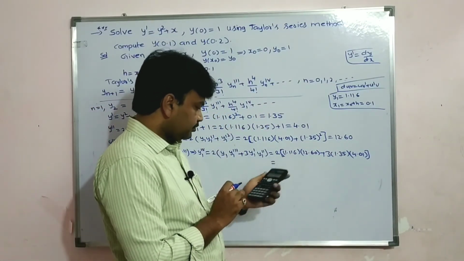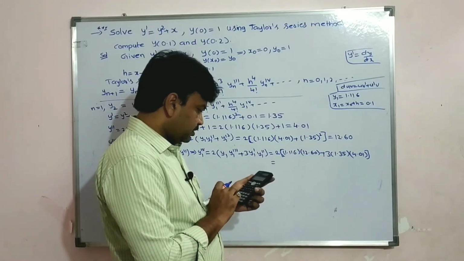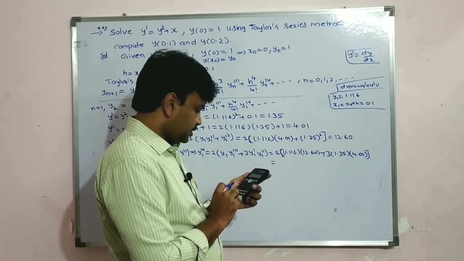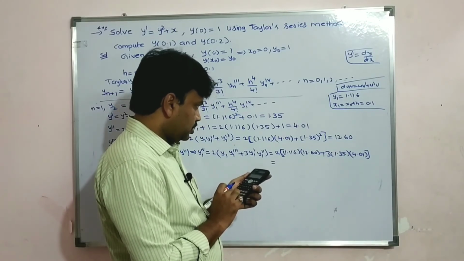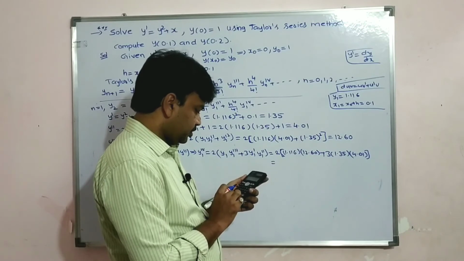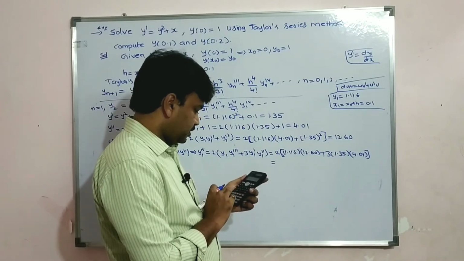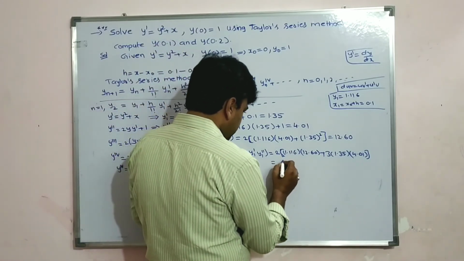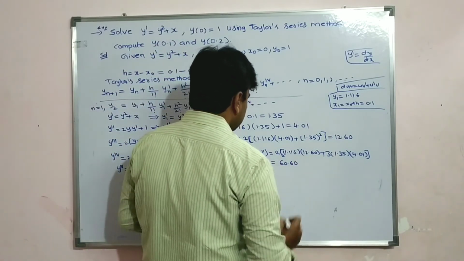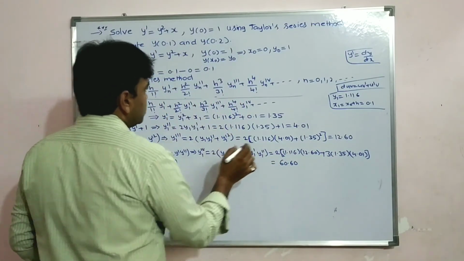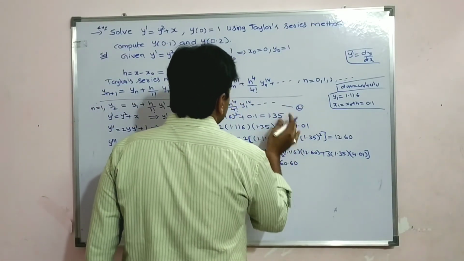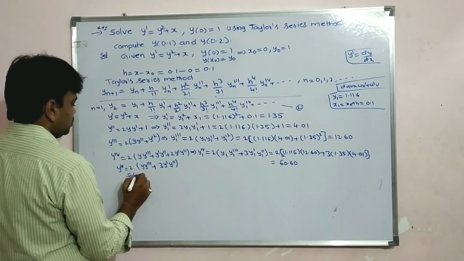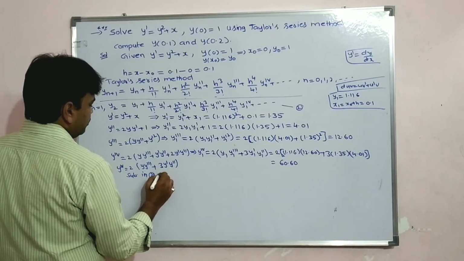bracket 1.116 into 12.6 plus 3 into 1.35 into 4.01 bracket close, that is equal to, we get here 60.60. Now you substitute all these values. Say this is 2 students, this is 2, substitute in 2 students, substitute in 2. So substitute in 2, we get